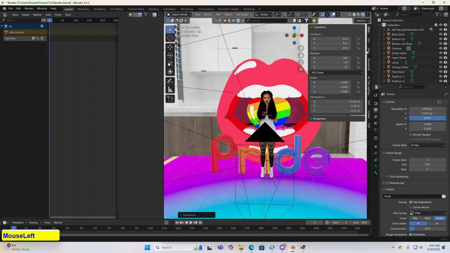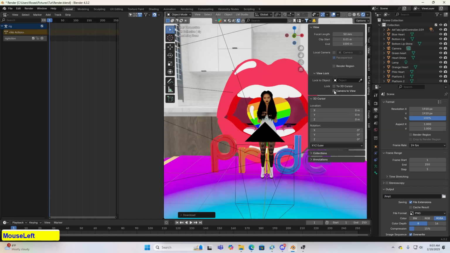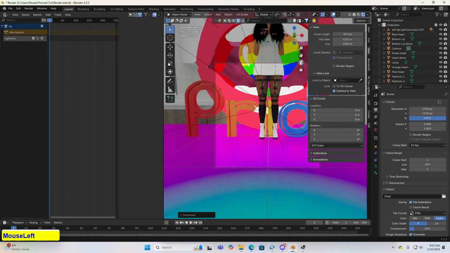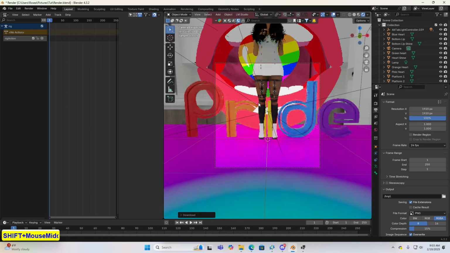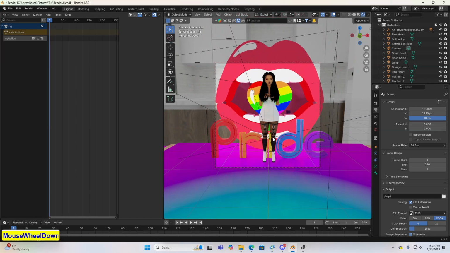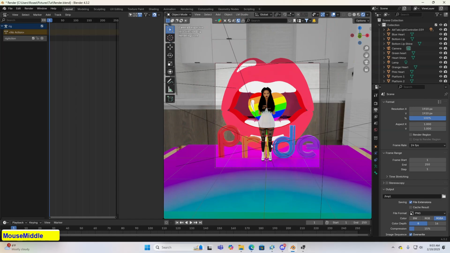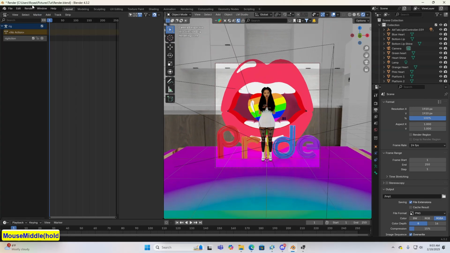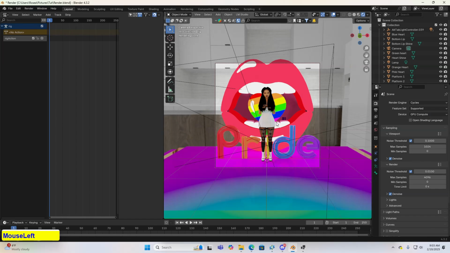And then I'm going to go to view. So you can either click at the side or you could press N to bring this box up. I'm going to go down to view and click camera to view. So now when I go in this mode, when I move my cursor, it's also going to move the camera. So I'm just going to back it out, adjust my camera, and then the render settings aren't set up because